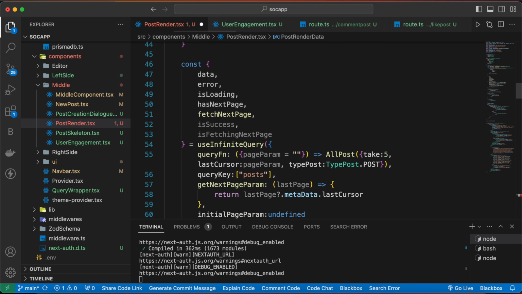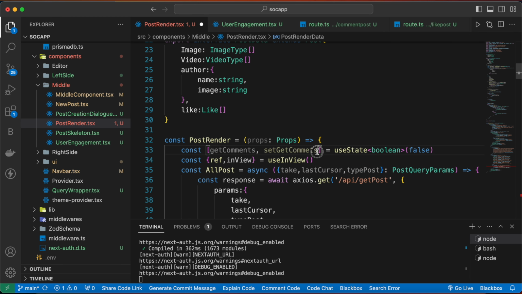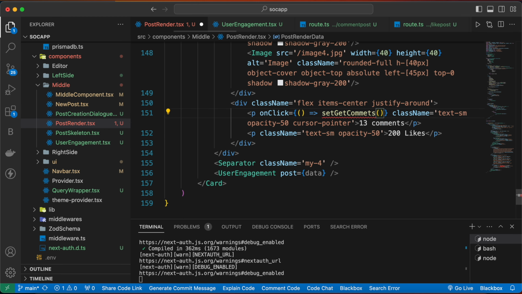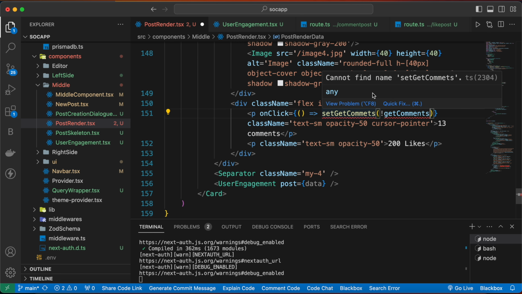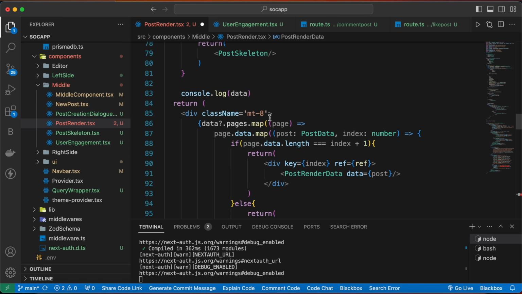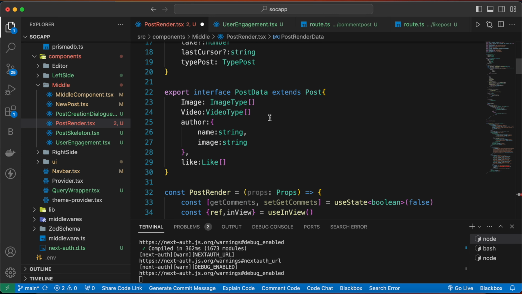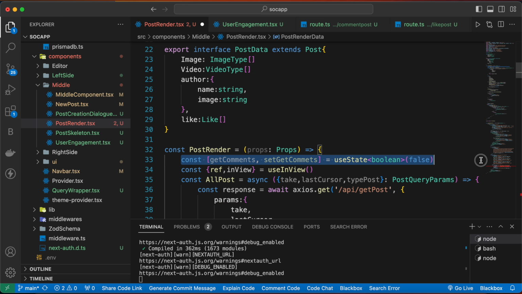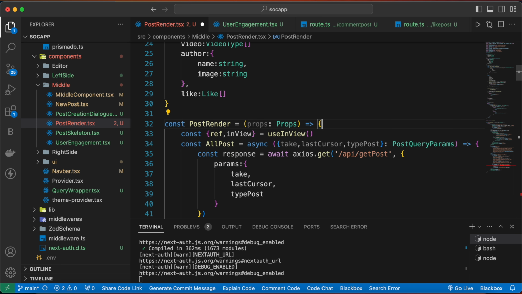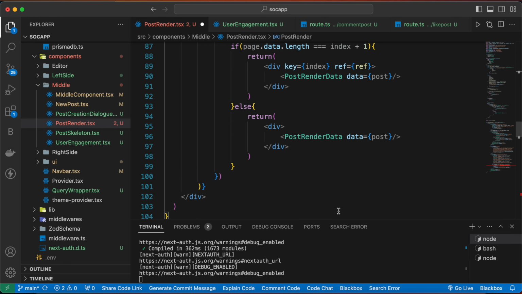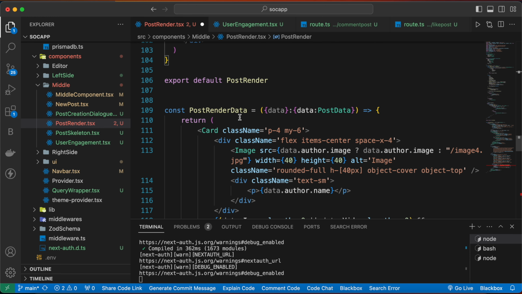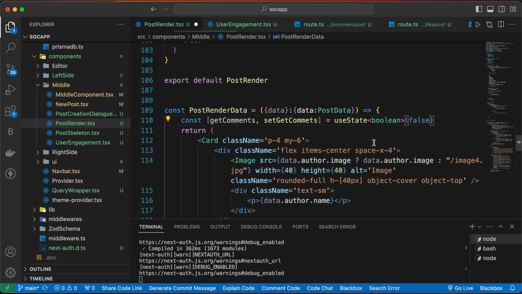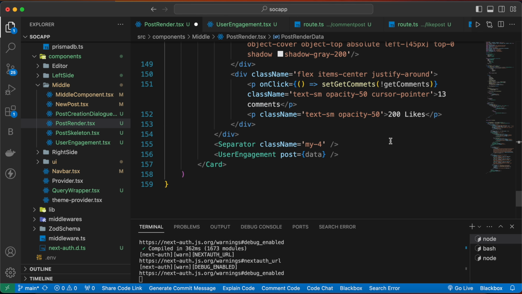Nothing. Let's go above and copy this, and the value will be the reverse of the initial value, get comment. Cannot find set get comment. Okay, so we made a mistake here. This should be in this component, post render data. Okay, so now